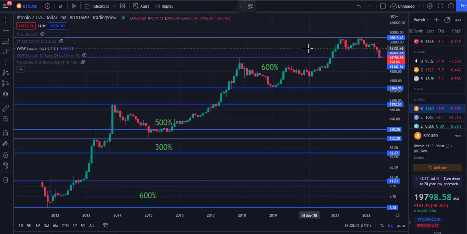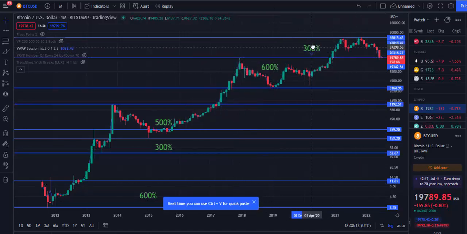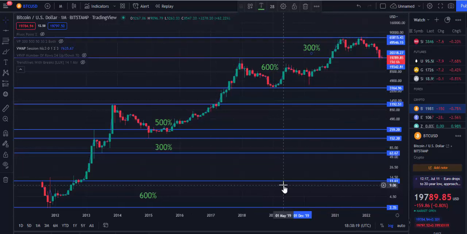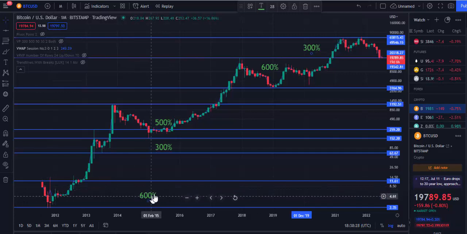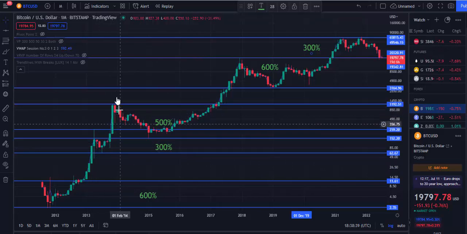So let's put it so far. If Bitcoin is to reverse from here, you are making 300%. So that is another one you need to understand. We are taking a look at what has been happening from this previous all-time high to all-time low and back again. You make 600% from this second one in 2013. So to the previous all-time high, you make 300%, which is the shortest among them all. And from this other one down to that of 2017, you make 500%.